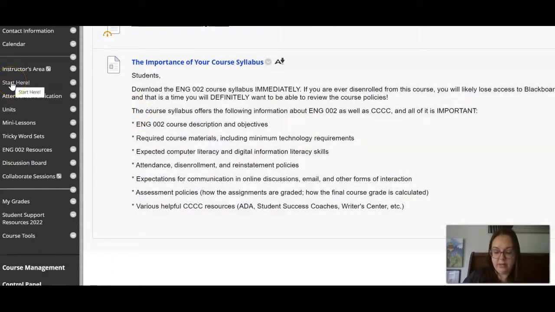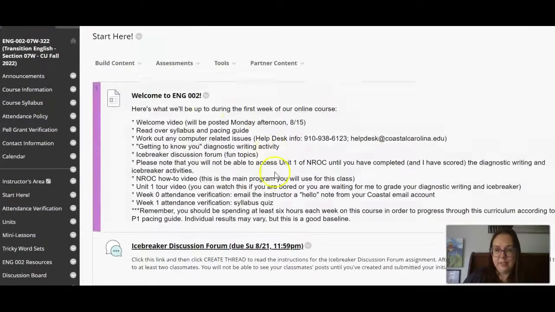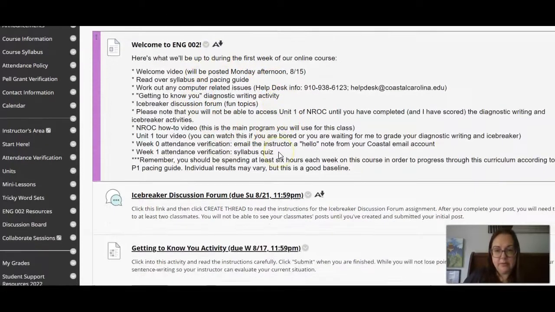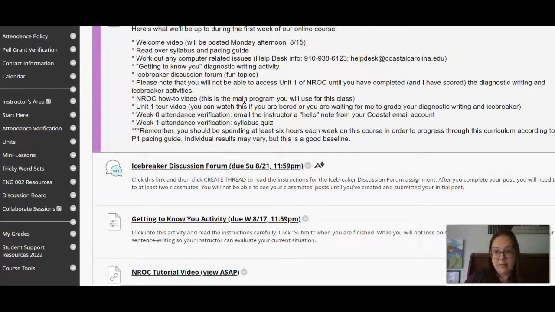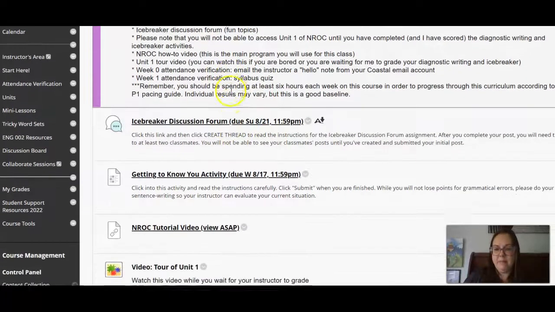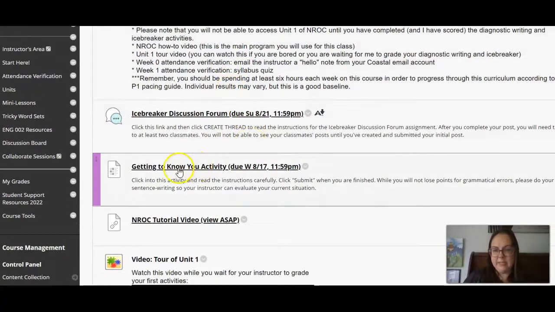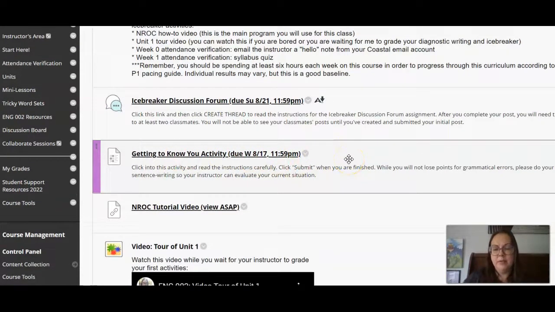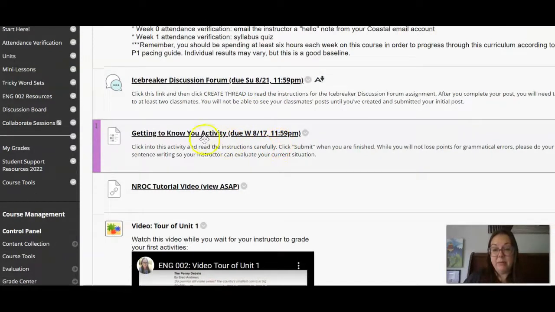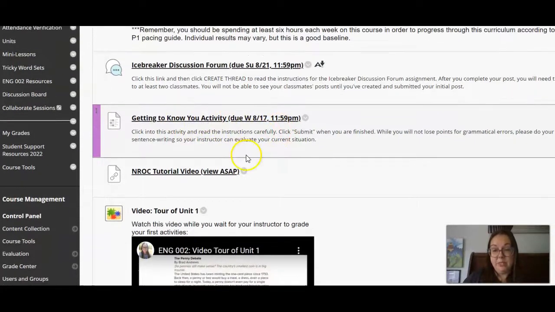If you click on Start Here, you're going to see a nice little to-do list, one of which is email me. I have this getting to know you activity deadline set as Wednesday, but if you're a little late getting into the class or having technical difficulties, I just need to see it come in this week. But please aim for Wednesday, which is tomorrow night.